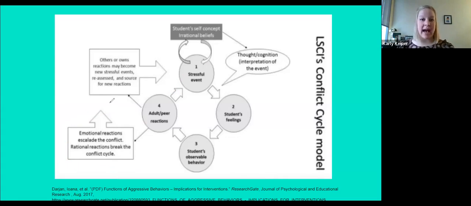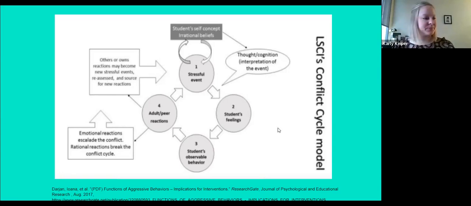So our reactions, again, can become those stressful events. They can perceive our reaction as, oh no, I'm actually right, this is scary. Or they could see it as, oh no, now I'm in trouble or what have you. So keeping in mind, each time we move through the function, I am going to assume that we are going to keep this rational, calm state of mind and presentation when working with our children so that we can prevent that stressful event from reoccurring and the cycle to keep going.